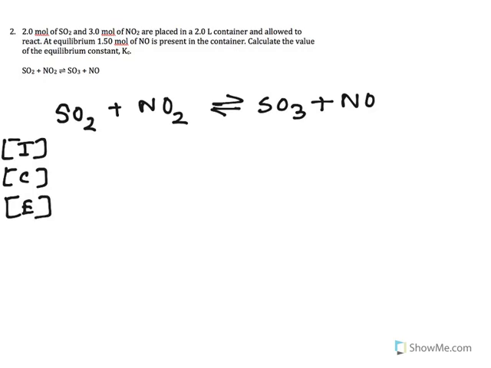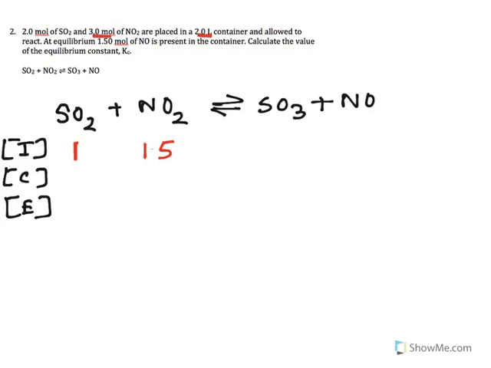Now, according to our question, initially we have 2 moles of SO2 in 2 liters. So we can use the formula concentration equals moles over volume and say that our concentration initially for SO2 is going to be 2 divided by 2, which is 1 molar. Next, for NO2, initially we had 3 moles of NO2 in 2 liters container. So similarly, we're going to have our initial concentration as 3 divided by 2, or 1.5